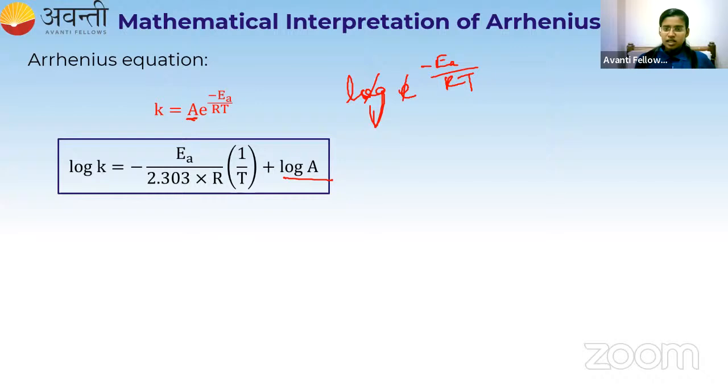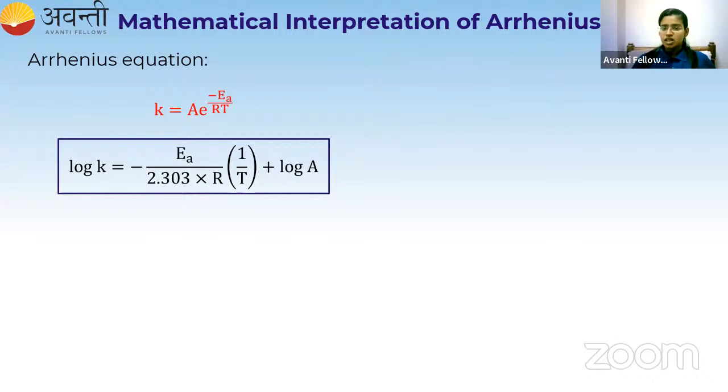The remaining thing is minus Ea by RT. So minus Ea by RT is here. And this is actually, if I'm putting log here, then I have to use the number 2.303, right? So that is given here in the denominator. So this is the equation we are getting, or the formula we are getting after applying the logarithmic function to